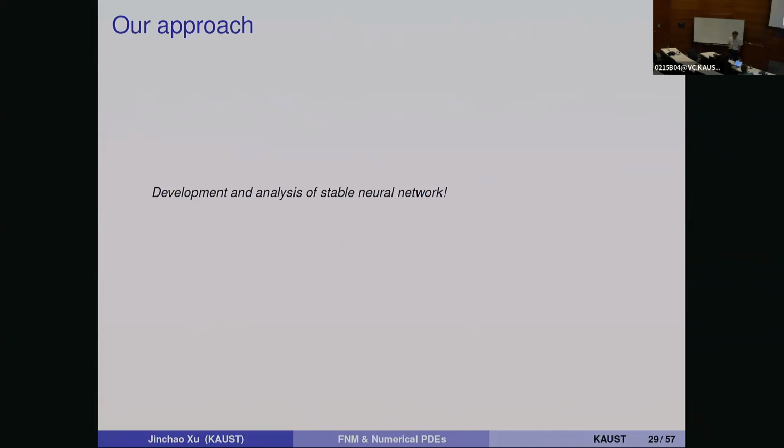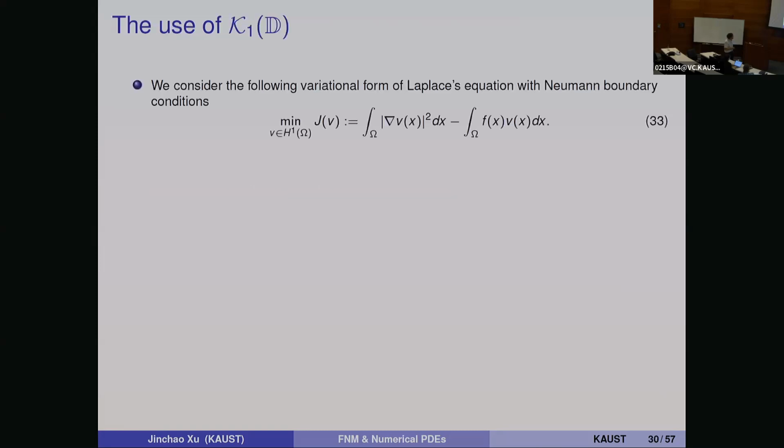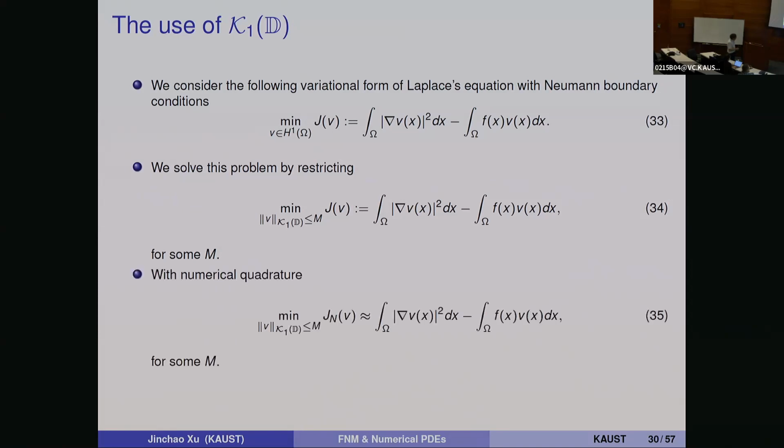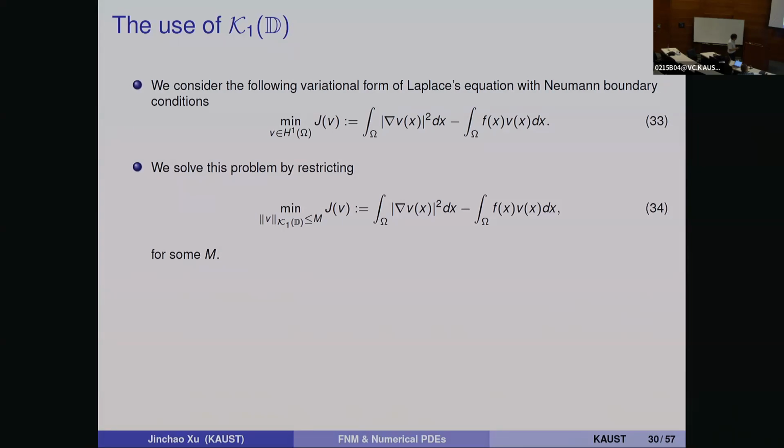This is a very preliminary result, but at least what I'm going to present is rigorous, I think. Suppose I use the stable neural network, where the coefficients have an L1 bound. In that case, if you do all these things and solve this, we call it K1D. I'm going to constrain to this K1D now,